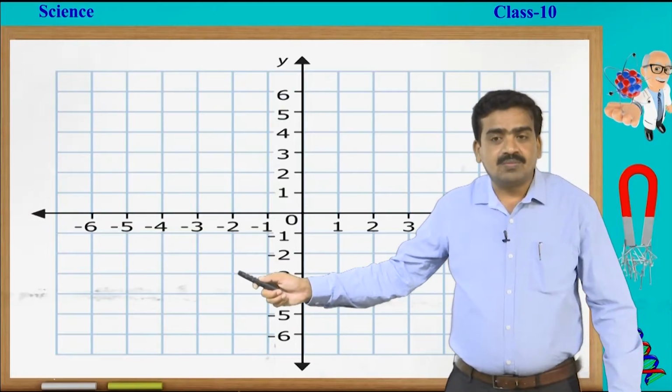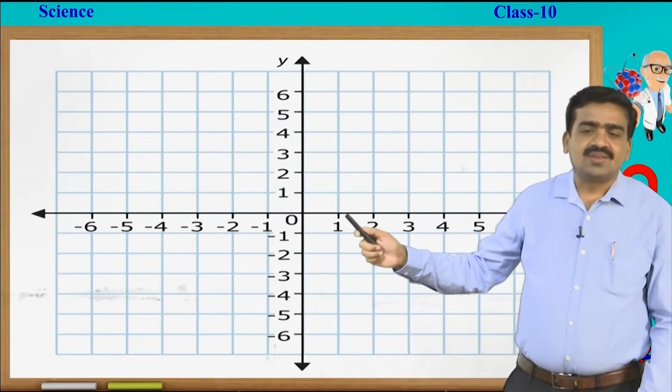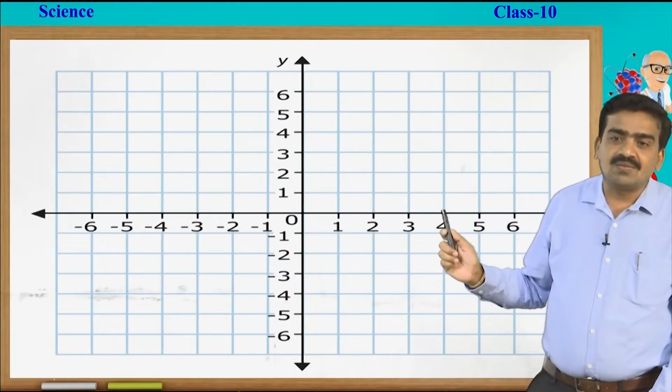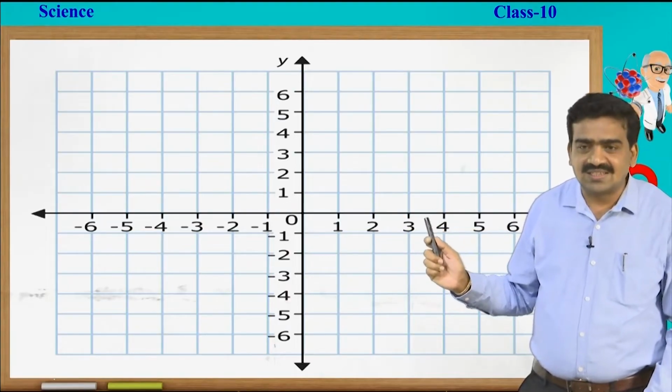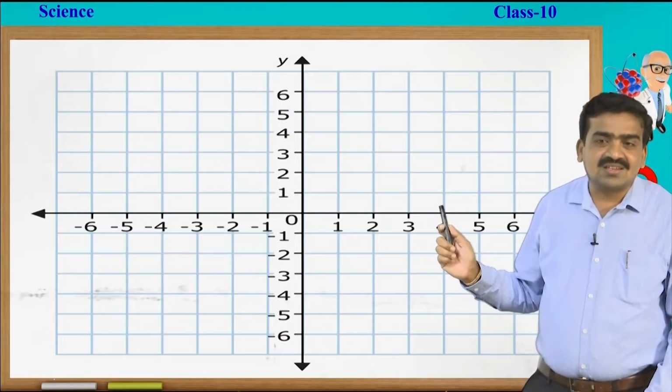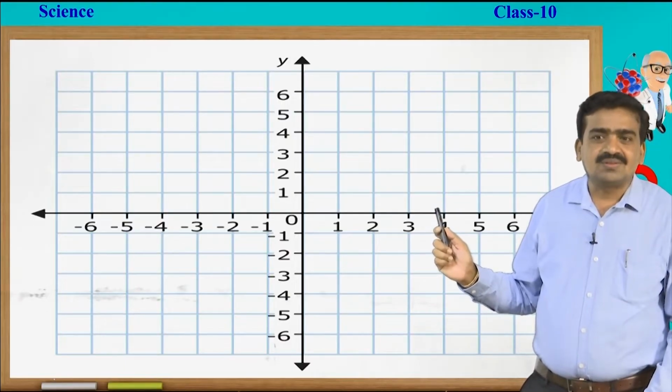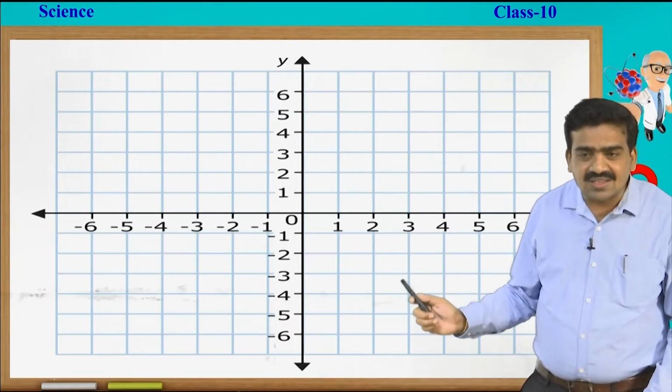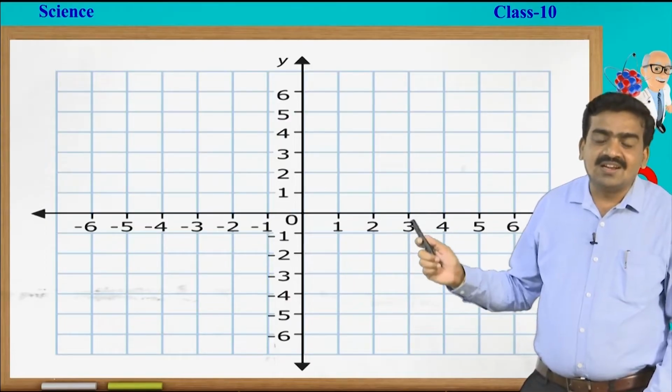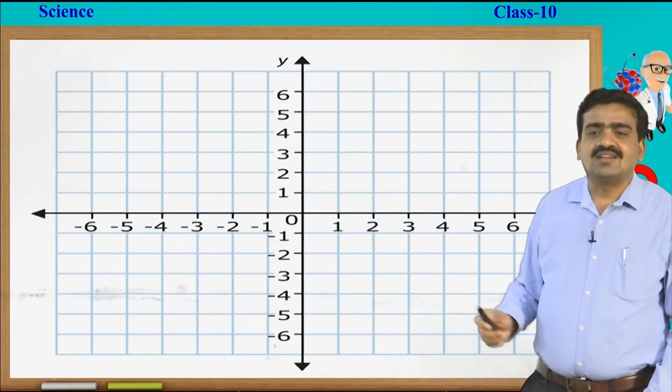then the value will be minus or negative, and if the image is going to be formed on the positive side of the x axis, then the image distance will be positive, and if the image is towards the negative part of the y axis, the height of the image is going to be considered negative.